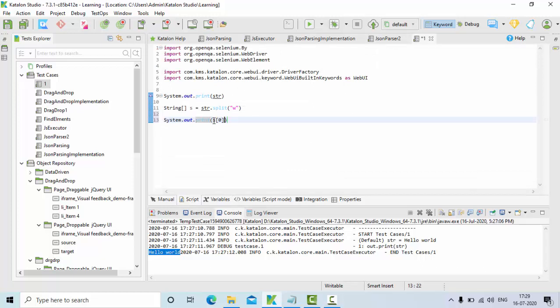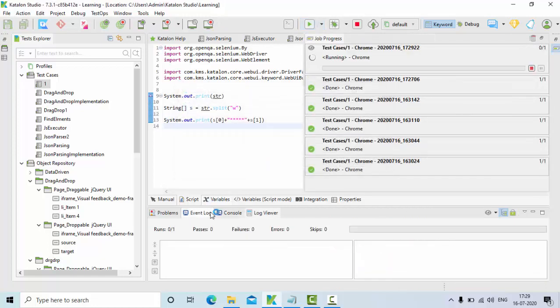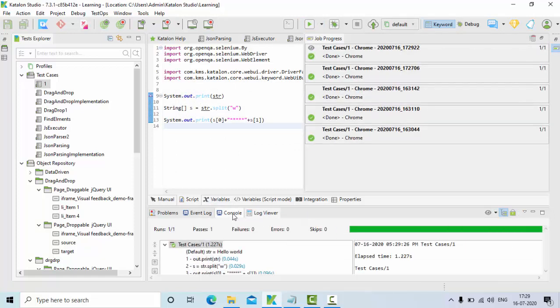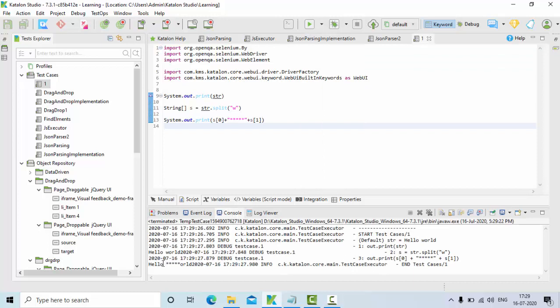It starts at the 0th index, the first one, then here let me put s of 1. If I execute this, what should be my output? Now I have started executing. Go to the console. Now you can see hello and old, because the split happened at the w, right?